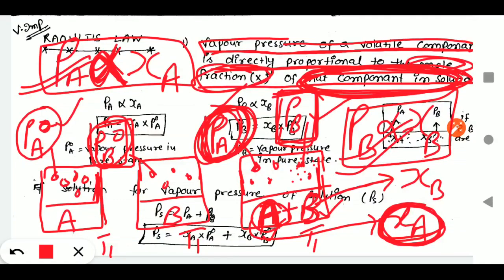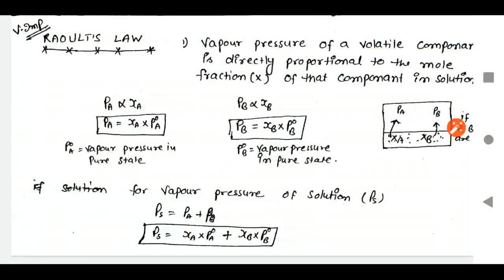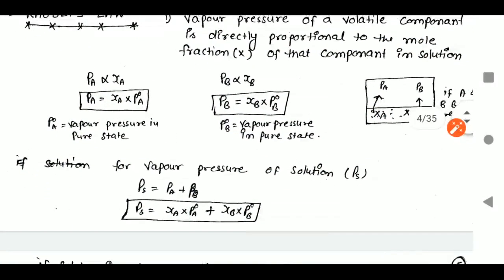अगर आप ले रहे हैं PA की टर्म तो कांस्टेंट होगा P नोट ए. P नोट ए क्या था? वेपर प्रेशर प्योर स्टेट का. और अगर आप बात कर रहे हैं PB की तो कांस्टेंट क्या होगा? पी नॉट बी प्योर स्टेट का। तो अब आप फॉर्मूले देख लीजिए क्या है।